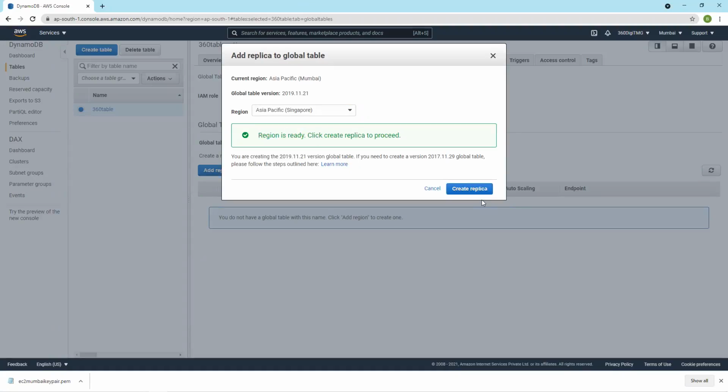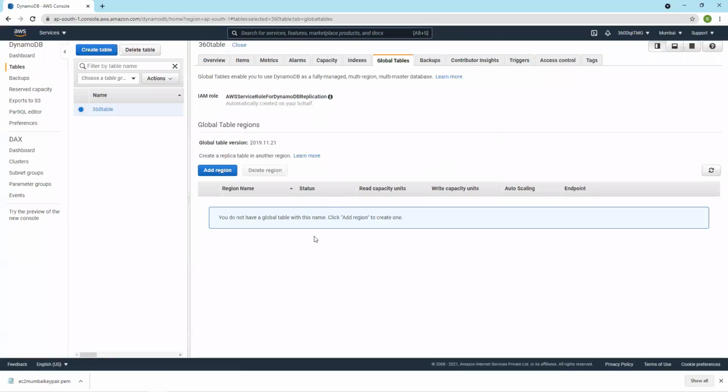Say Singapore, create replica. Another DynamoDB table will be created in Singapore, and this time it will create a global table. So let us not do it. The charge will be high for a global table compared with the regular DynamoDB table.